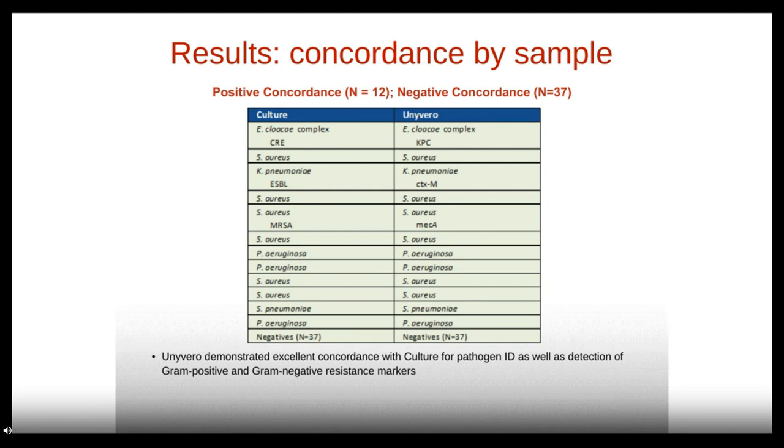Once again, one more combination of Staph aureus by both systems, both MSSA. Here we had a Staph aureus that was MRSA by culture. The mecA gene was detected by the Unyvero. Once again, MSSA by both methods. Pseudomonas aeruginosa, these were susceptible. And once again, there was concordance there, but in the Unyvero it says no resistance detected. This was an MSSA, in other words, no mecA detected. Same for this particular situation. And of course, the Streptococcus pneumoniae and so forth